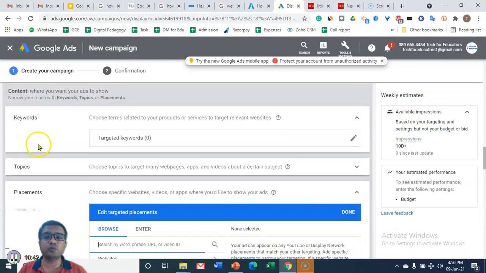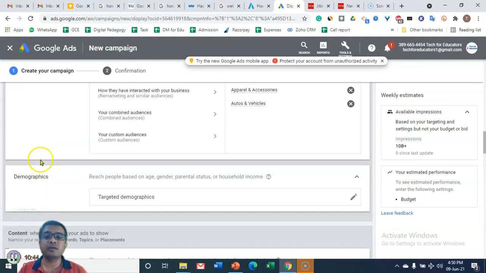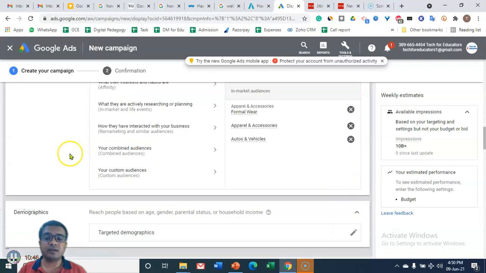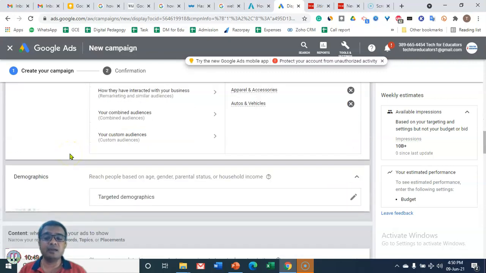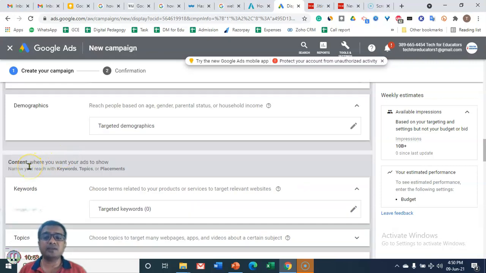So don't get confused between two things: one is content and the second is targeting. Targeting means we are deciding to whom we show the ad. In content, we are deciding where to show the ad, on which websites. And this is going to be the combination of both.